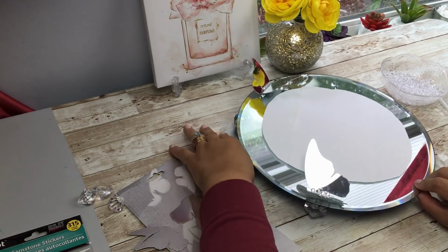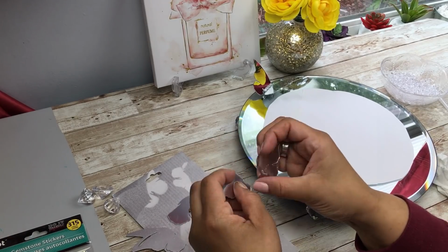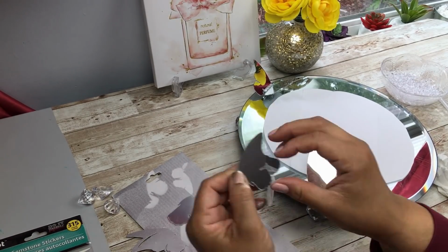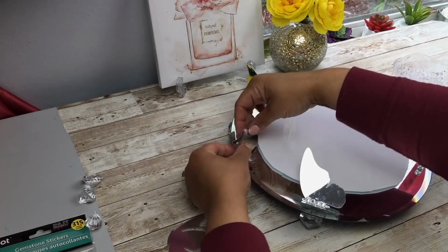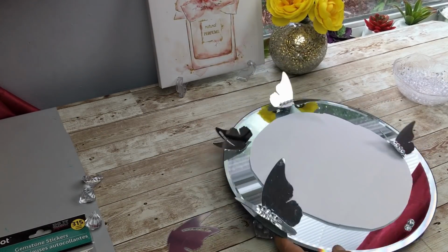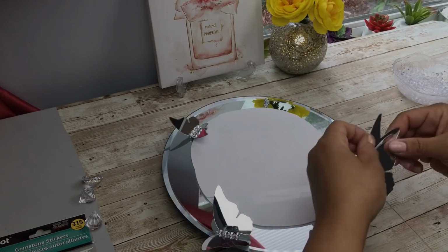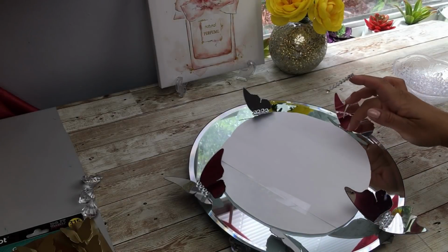And there's one more butterfly that we can snap in half. The other two that remain are just one-sided, they're flat, and that's what this is right here. So I'm just applying some glue, leaning it against the bead, and I'm doing the same with the last one. You can certainly buy 2 packs and use more